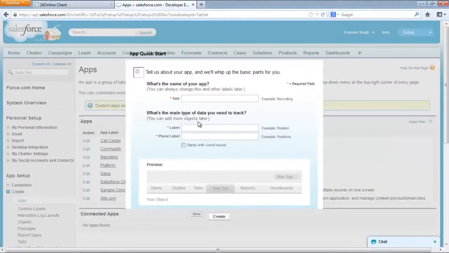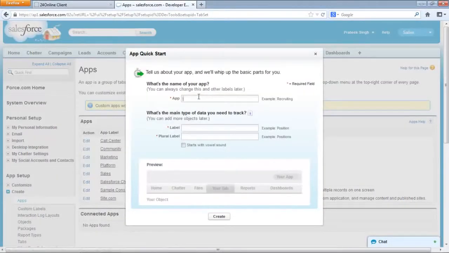When we click on quick start, it will take us to the quick app development page. Here we need to provide our app name. I will name it warehouse. In this app we will be tracking three things: merchandise, inventory, and invoice. Like we say, in every warehouse we have inventory items. When we sell something, we have to create an invoice, issue an invoice, and we have the merchandise. It is asking for the first thing which you need to track, so I will type in here merchandise.